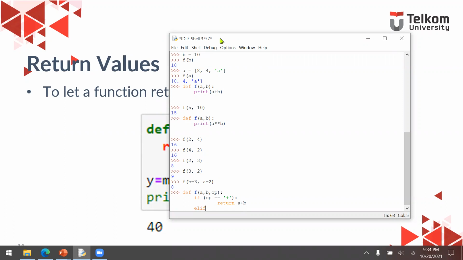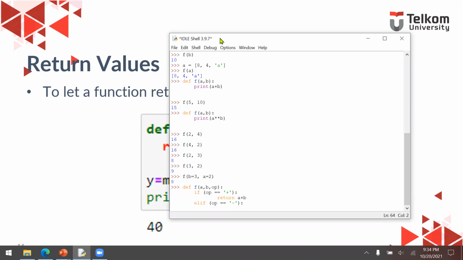Else if operator equal to minus, then please return A minus B. Okay.